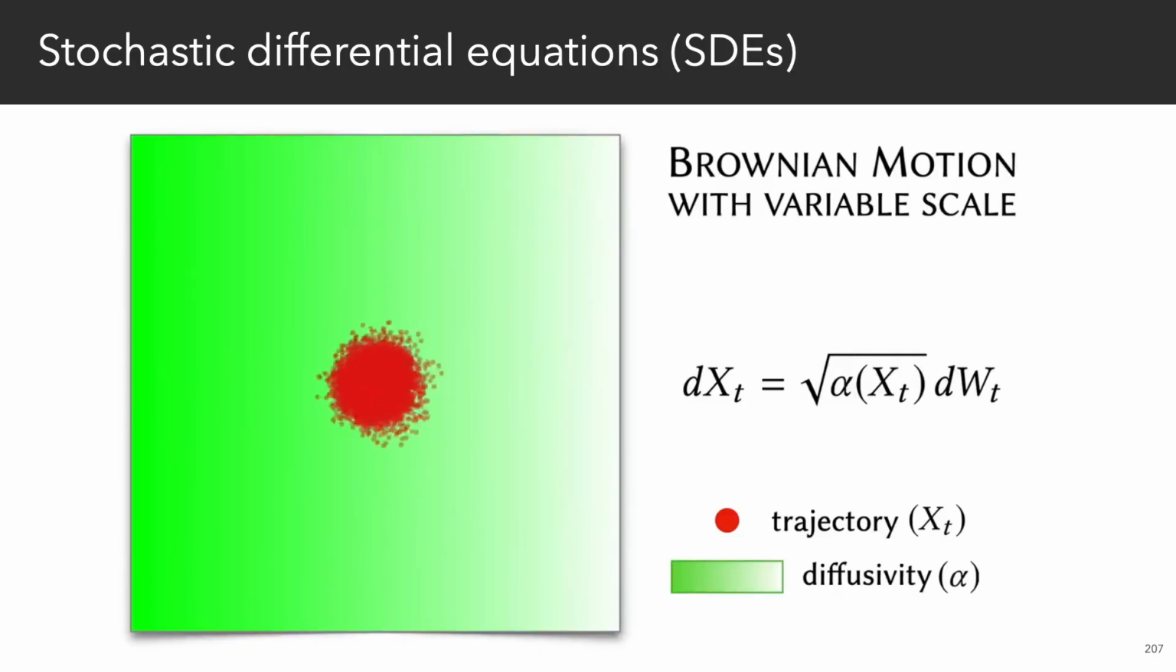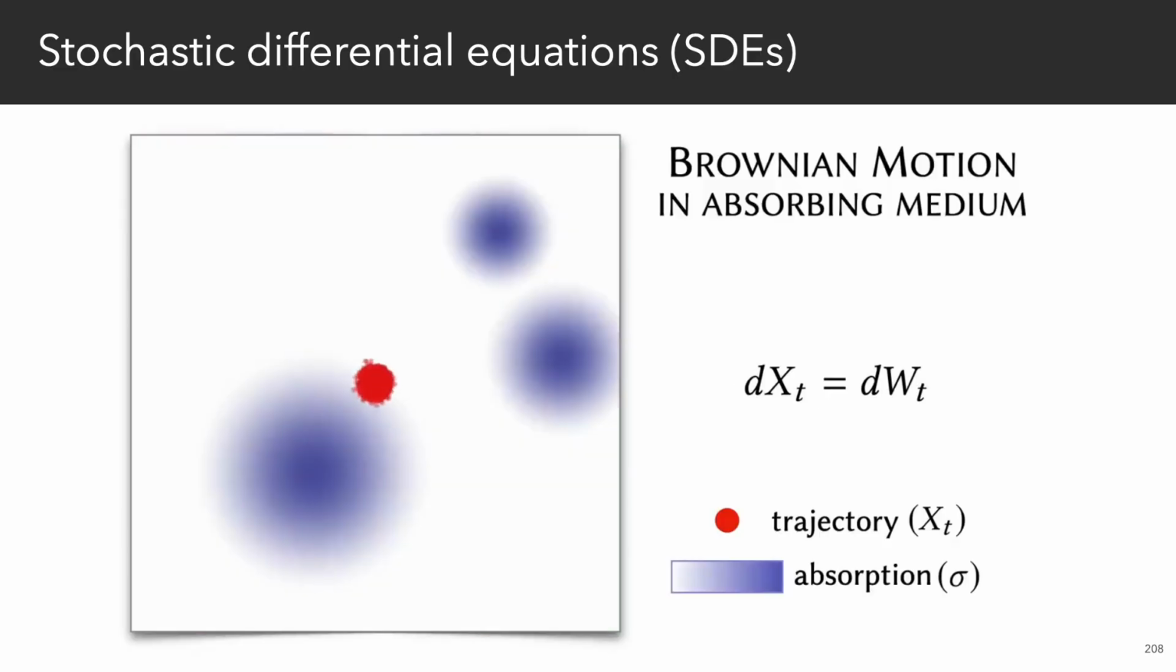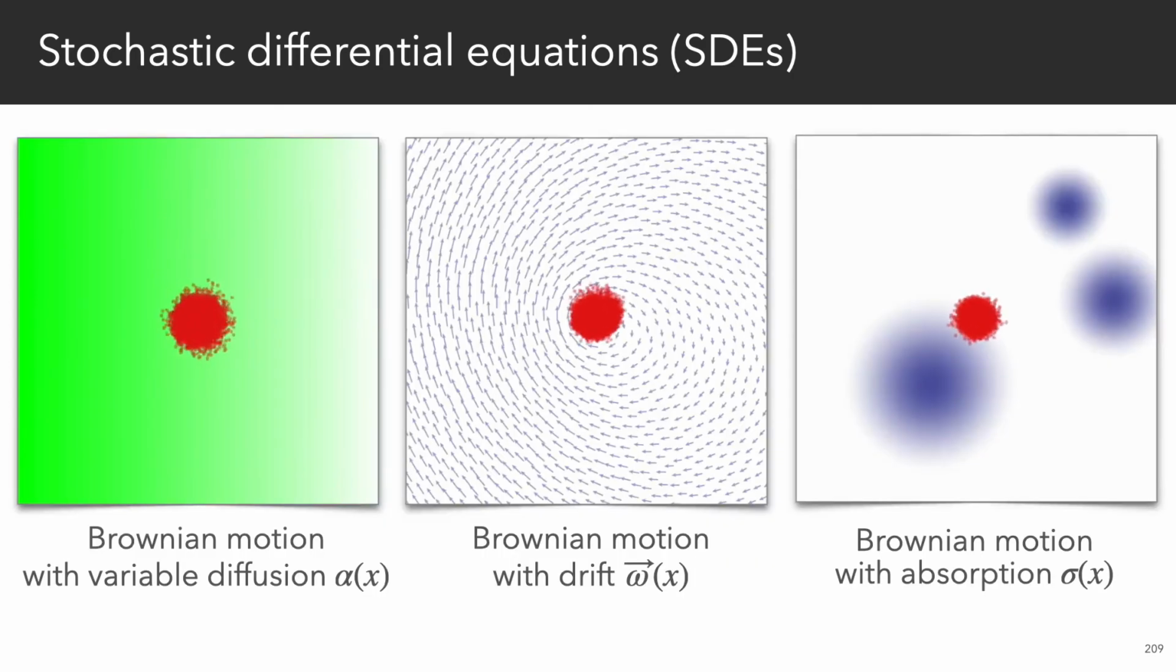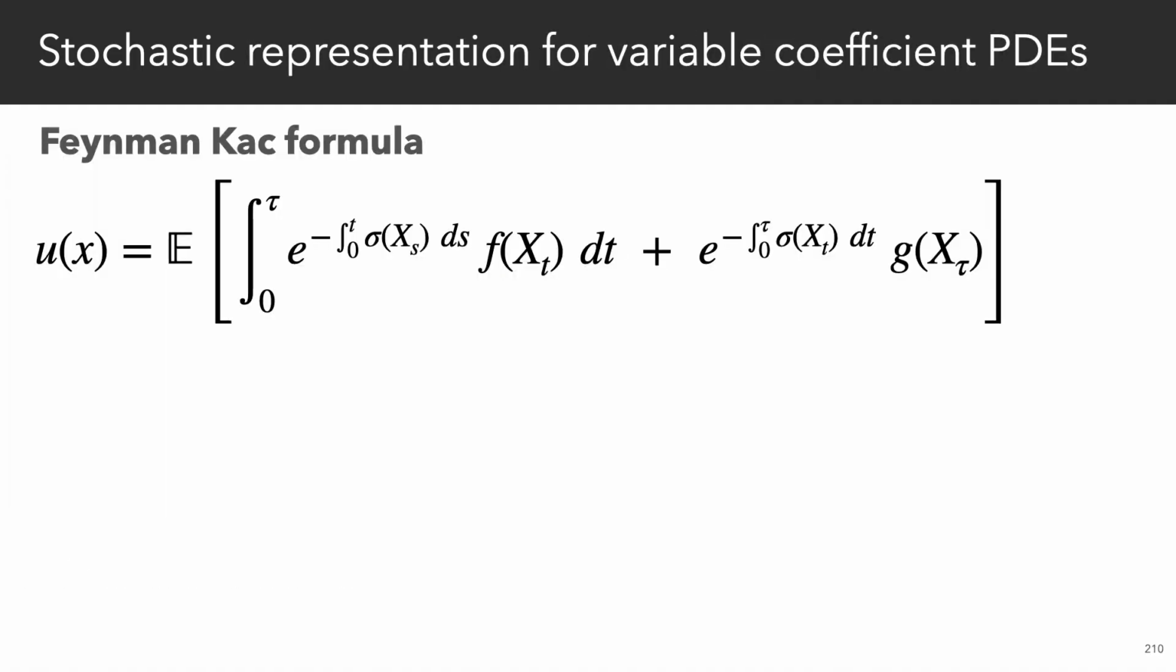We can also modulate the strength of the random motion using a scalar function alpha. So as alpha increases, things heat up and particles move faster. Finally, random walks can also be absorbed into a background medium with the coefficient sigma controlling the strength of absorption. So sigma doesn't actually show up in the stochastic differential equation here, but it'll be incorporated in just a moment. Now, it's no coincidence that we can use the same symbols alpha, omega, and sigma for both our PDEs and our random processes. These perspectives are linked by the Feynman-Kac formula, which gives a solution to our variable coefficient PDEs